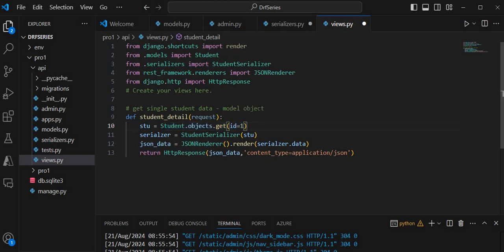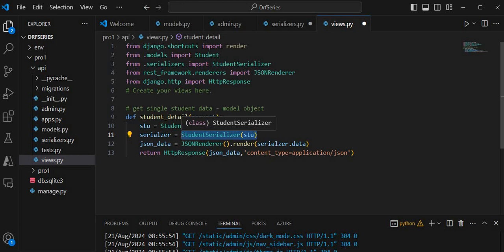So after that, it then creates a StudentSerializer object with the retrieved student object stu to convert it to a format